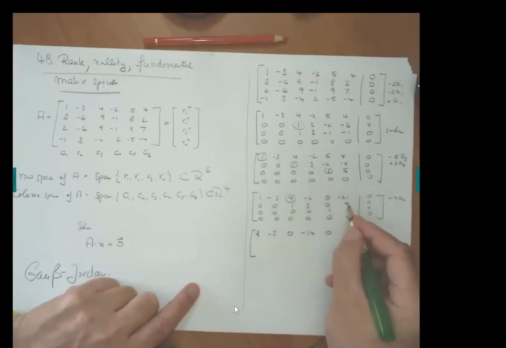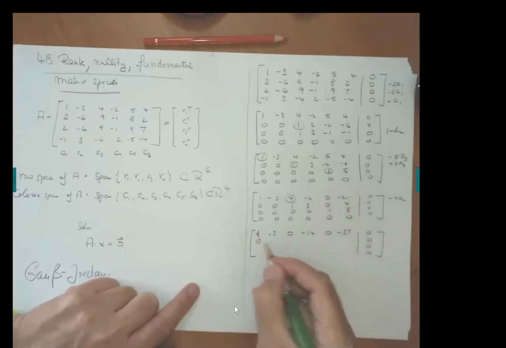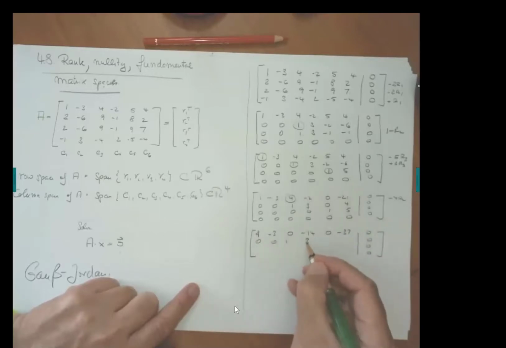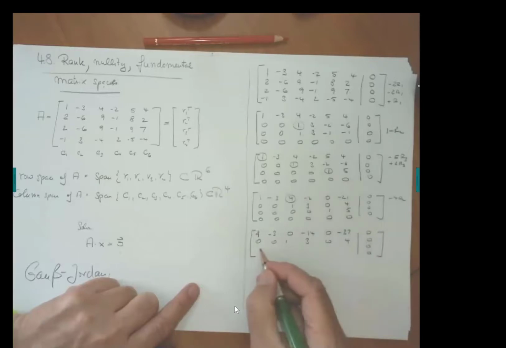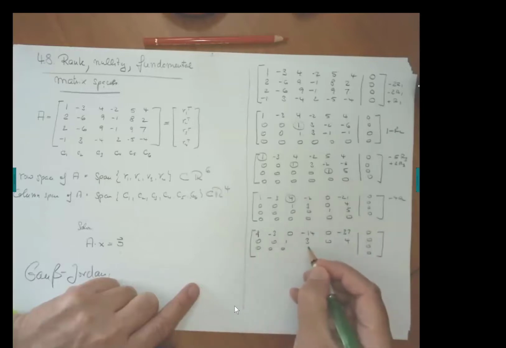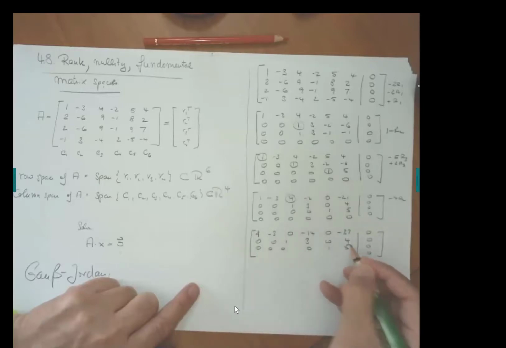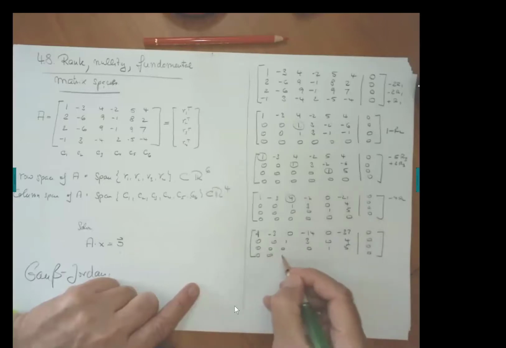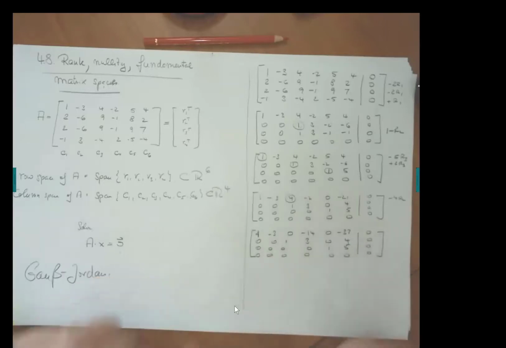This minus 4 times this is negative 37. Then we have 0, 0, 1, 3, 0, 4, 0, 0, 0, 0, 1, 5, 0, 0, 0, 0, 0, 0. Okay, and